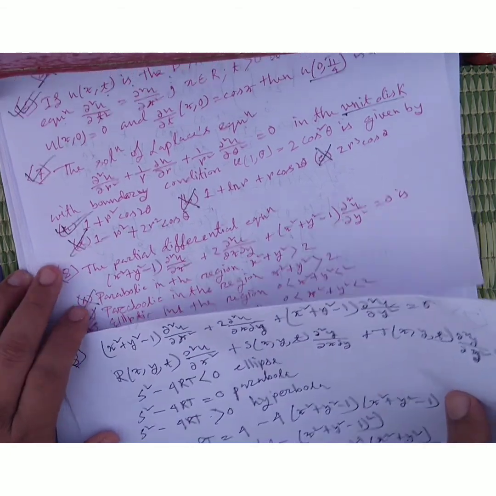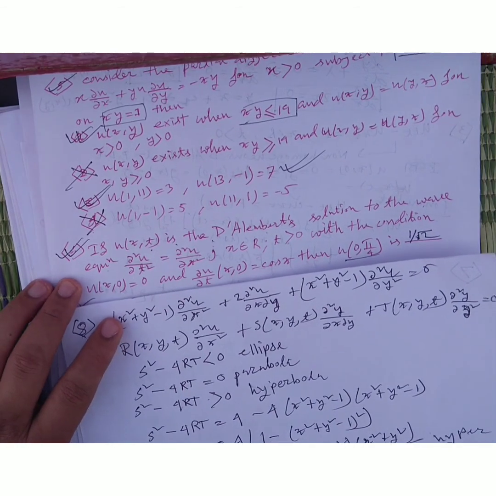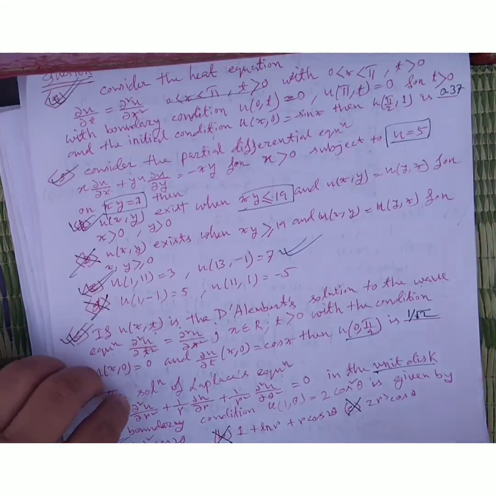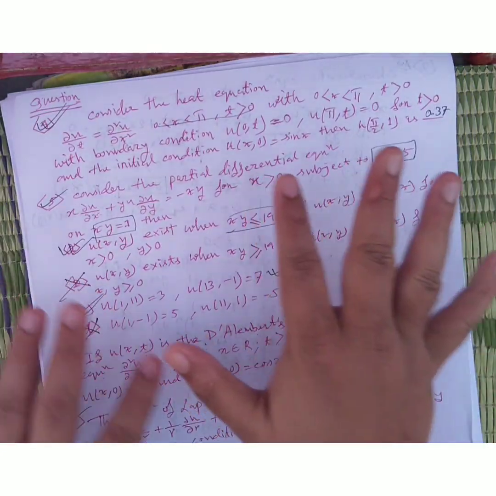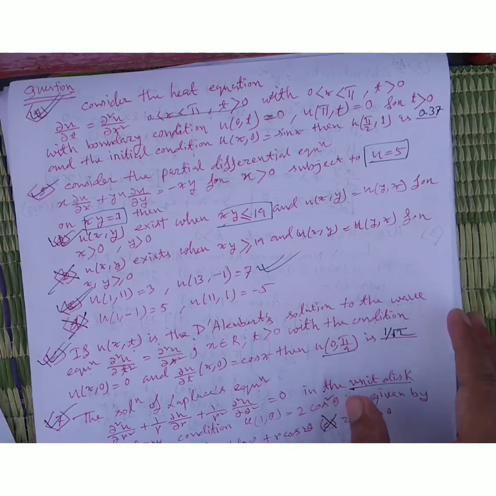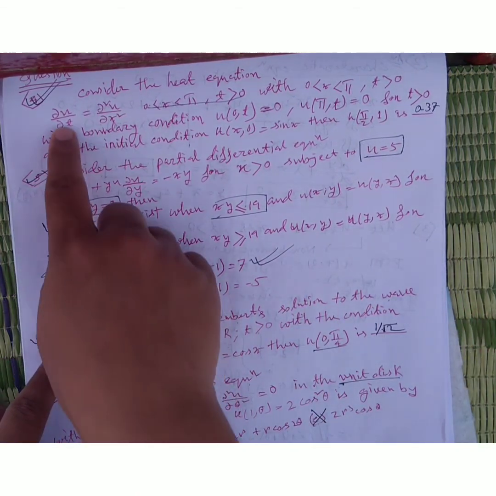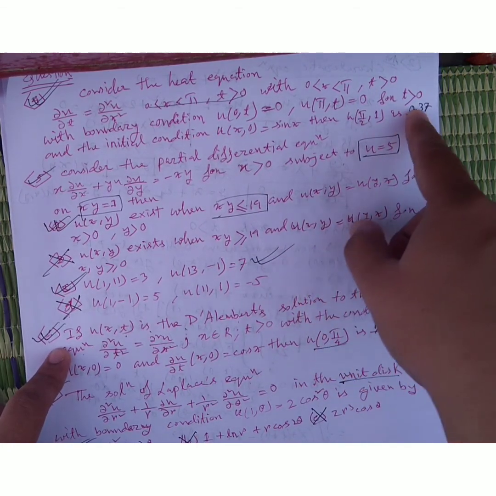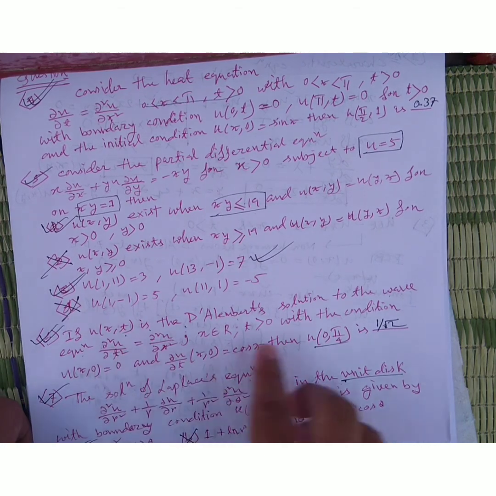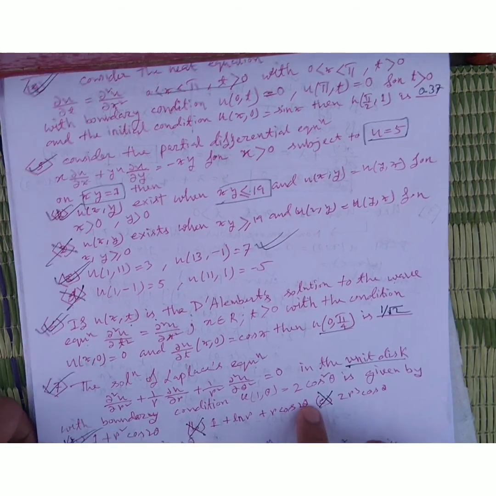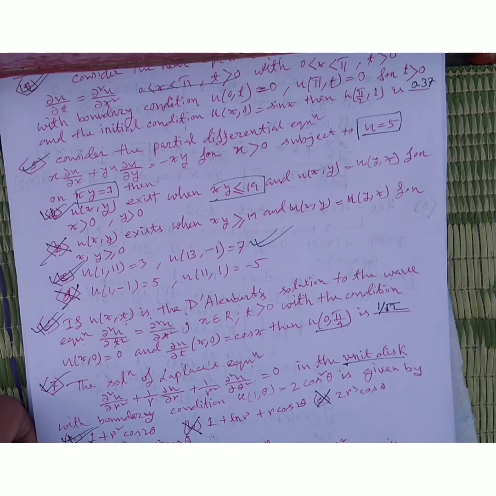So friends, thank you for watching, and I hope you can understand all my solutions. You must watch this solution, and these are the questions, and my answers are: first answer is 0.37, second answer is A and C, sixth answer is 1/√2, another is A, and that is D. So thank you very much.